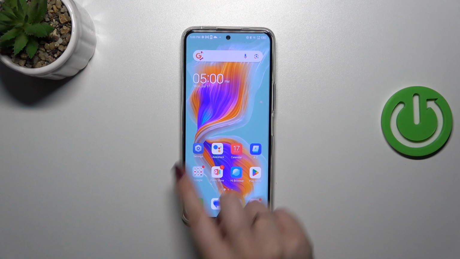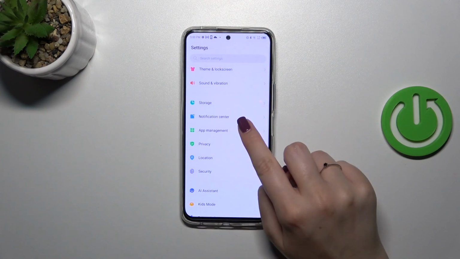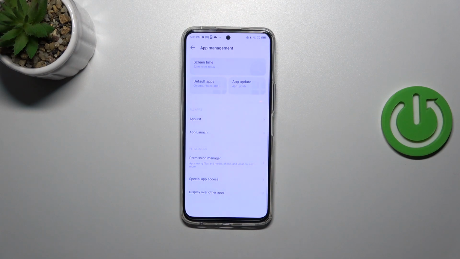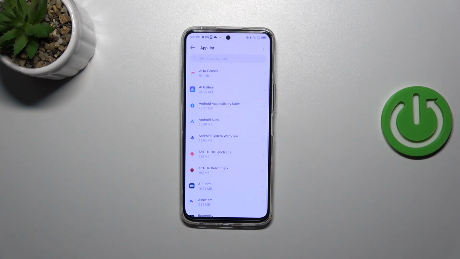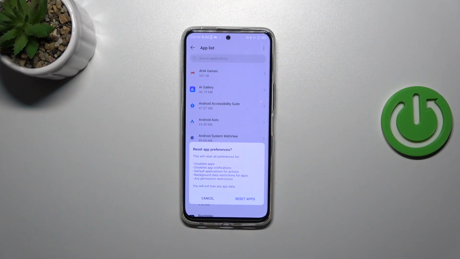So first of all we have to open the settings and then let's scroll in order to find the app management. Now let's tap on app list and tap on the three dots icon in the right upper corner. Now let's tap on reset app preferences, and as you can see here your device is informing you that it